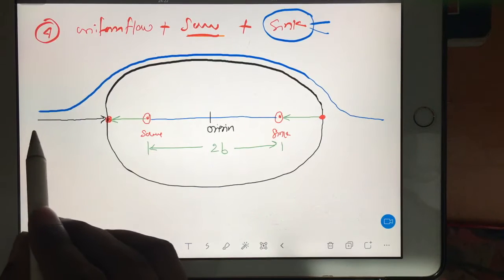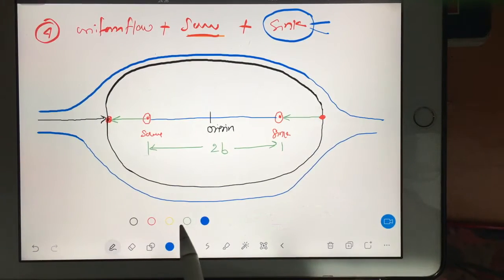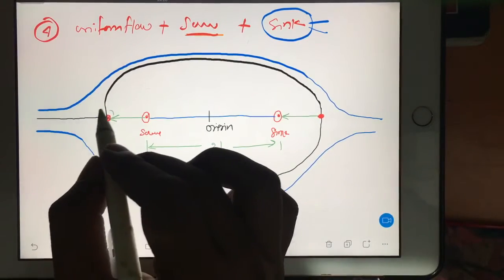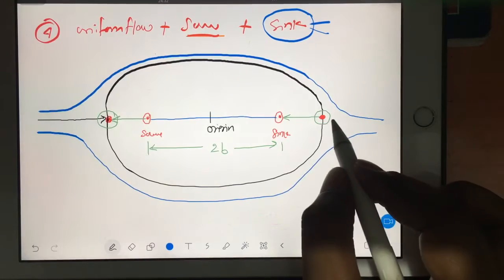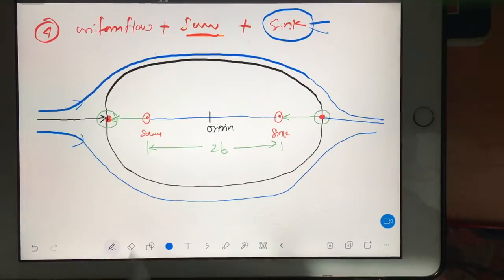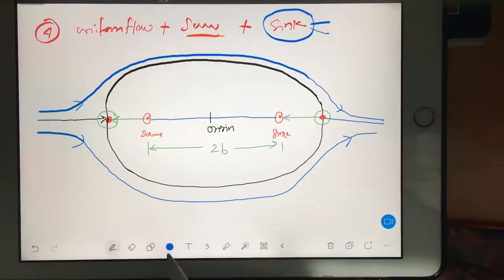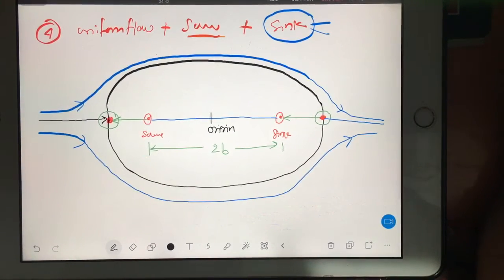Side flow will go like this, you see, right? So here we got your stagnation point, and here you got your stagnation point, and one flow will also pass exactly like this. So you put the arrows like this. Okay, so as you know that basic concept, we need all the three equations of psi.